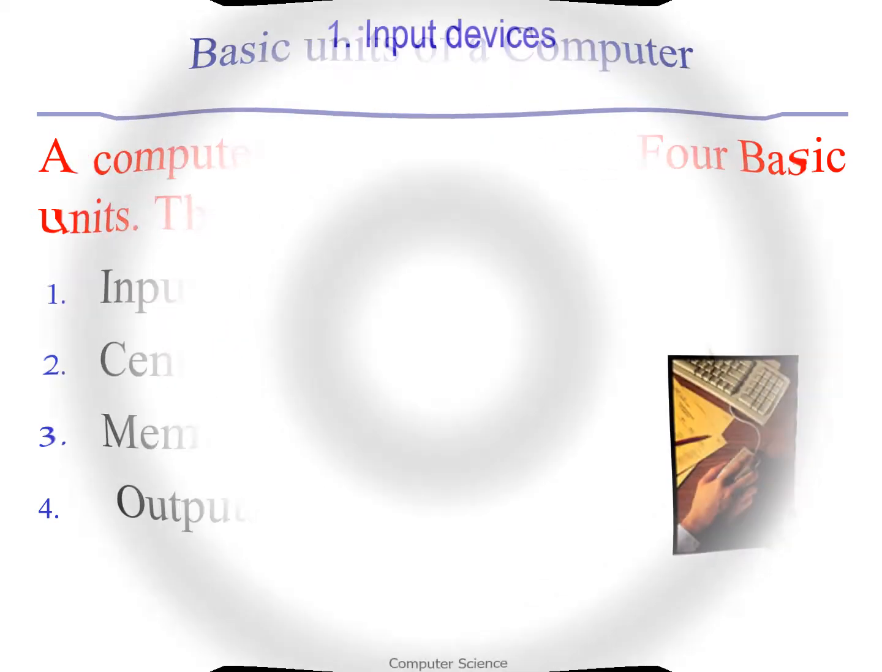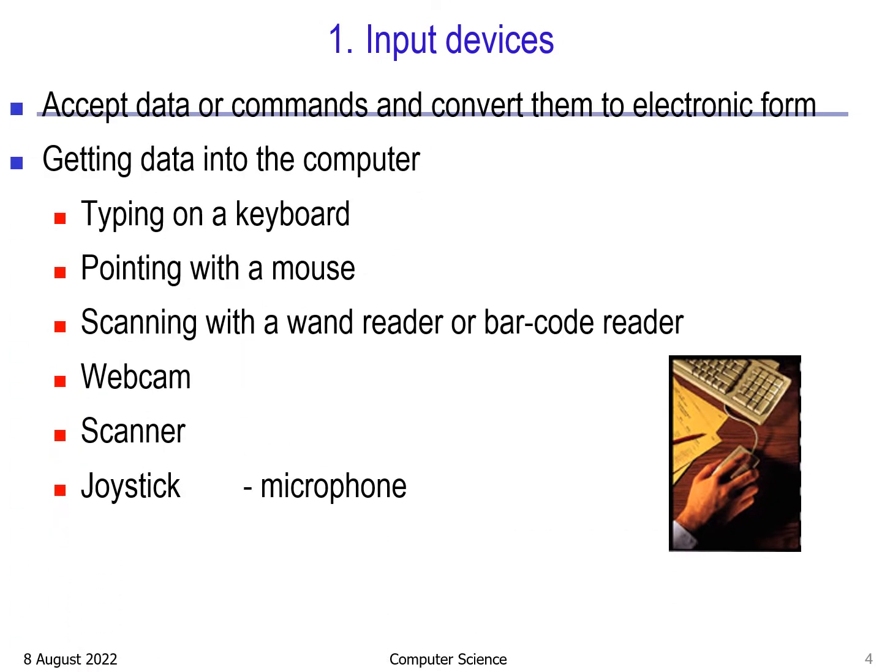Starting with the input devices, those are the devices that accept data and commands, and convert them to electronic form. So they get data into the computer by typing, pointing, scanning, taking an image using a webcam, the scanner, which converts from paper to software, things like that, and a microphone taking the voice and putting it into the